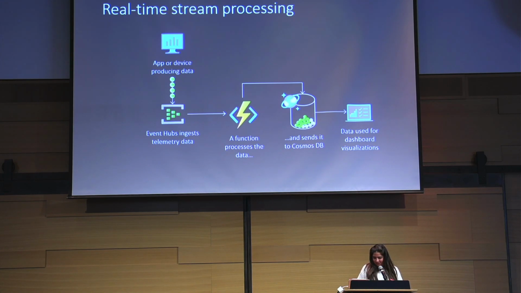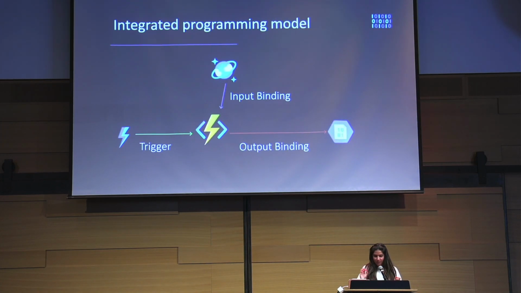In these two examples, I've had this little functions logo to represent that code, that business logic you'd be writing. I want to go into a little detail of what that would actually be. We have a trigger that would invoke the function that you have. The trigger could be something like an HTTP request, it could be off of a database, it could be on a schedule or a timer. And then we have these optional aspects of an input and output binding if you need more data to process the code, and also based on where you'd want to put the data afterwards.